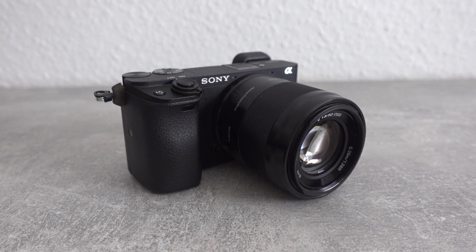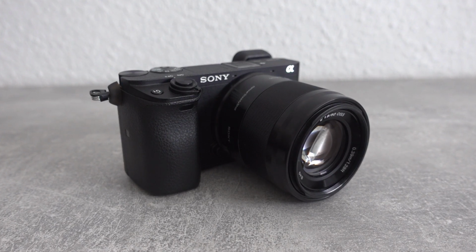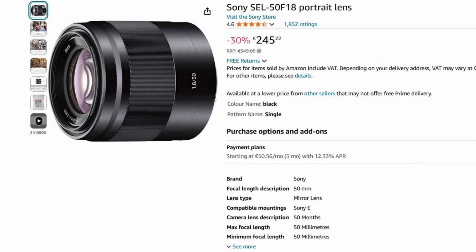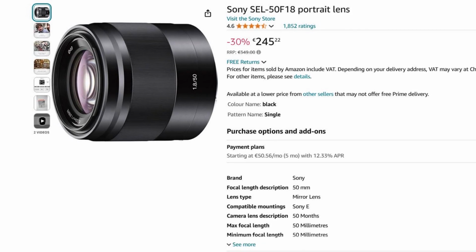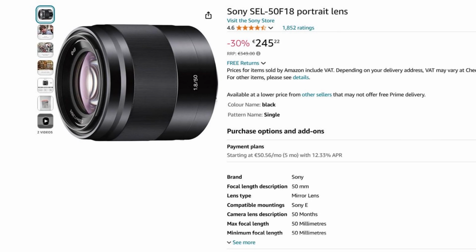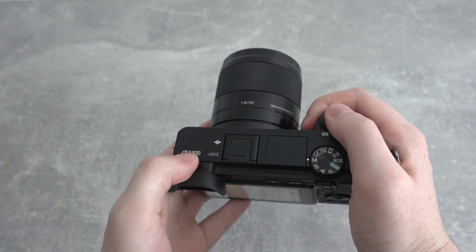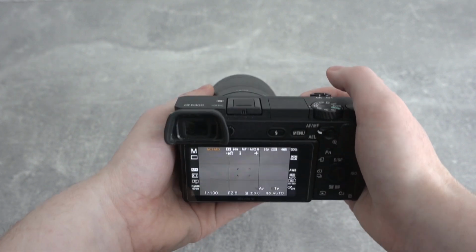This particular lens was released all the way back in 2011, so it is quite old at this point. But you can still find it new on Amazon or eBay for roughly 250 euros. However, and this is where the lens becomes more interesting, used lenses go as cheap as 150 euros, making them an alluring option for photographers on a budget. For reference, all the testing was conducted on my Sony A6300, but the results should be similar to other Sony